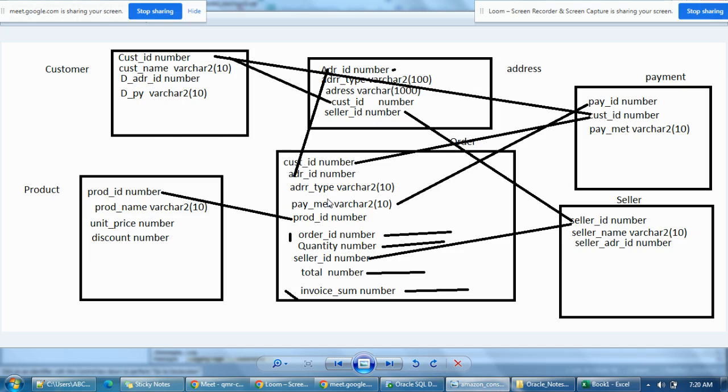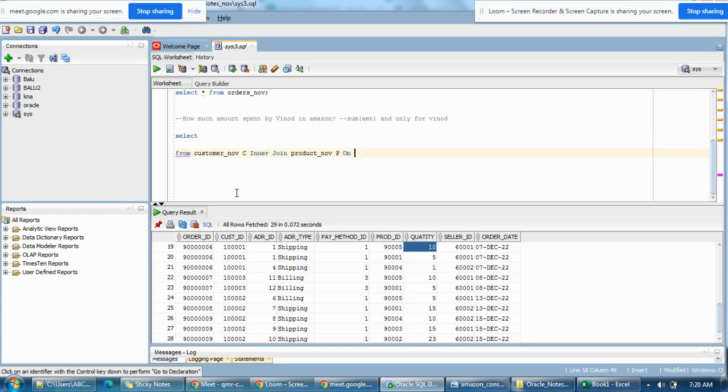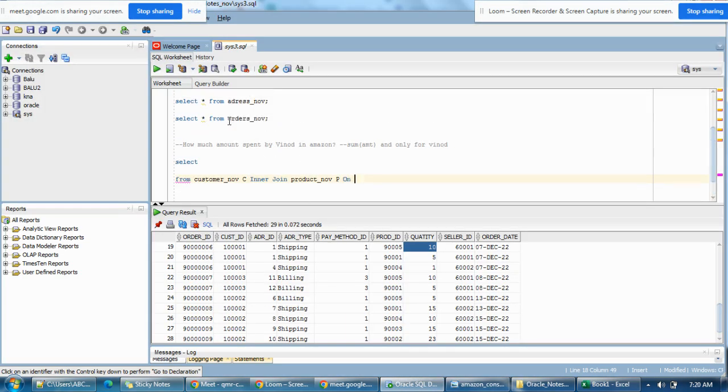So we should be using the orders table, not the product table directly. First, you need to join with this one only. Next, what is the join column here? Cust id. C dot cust id